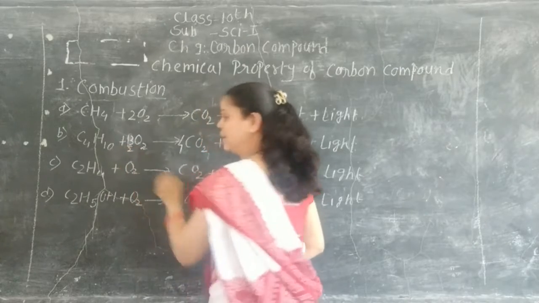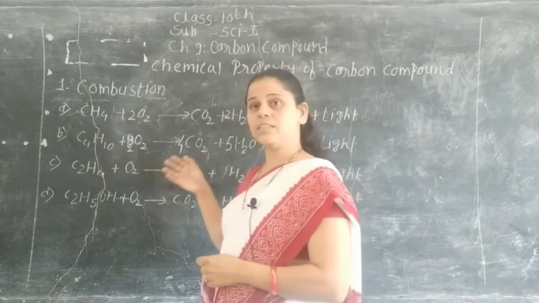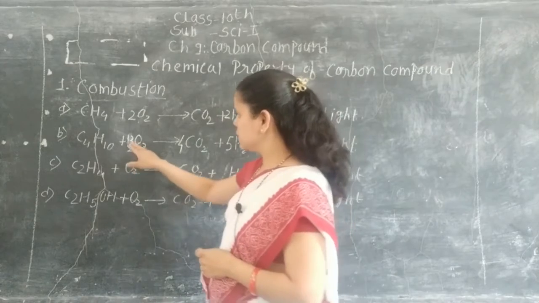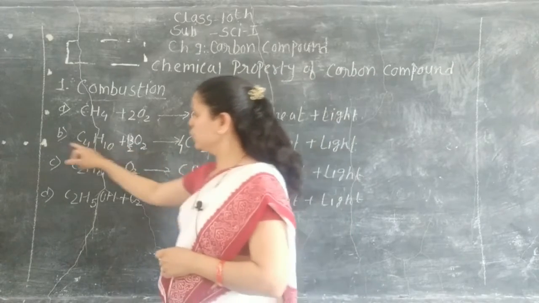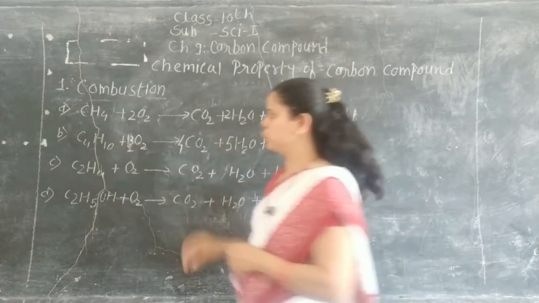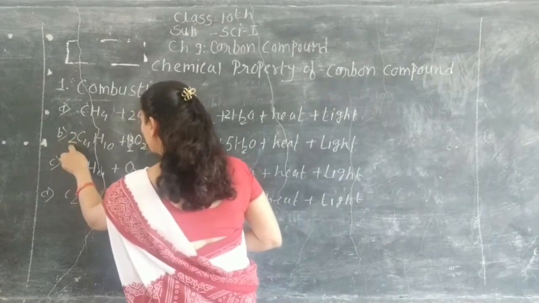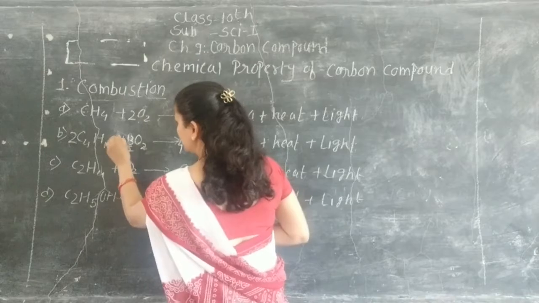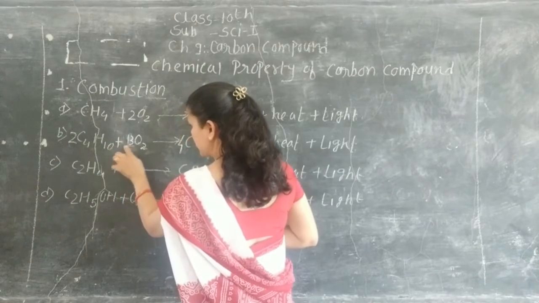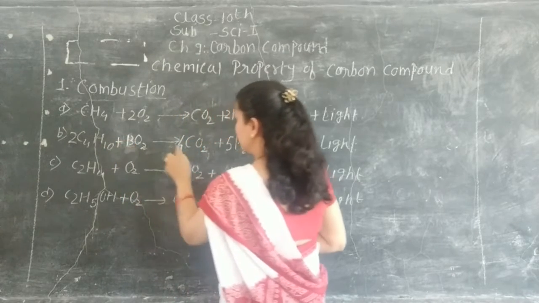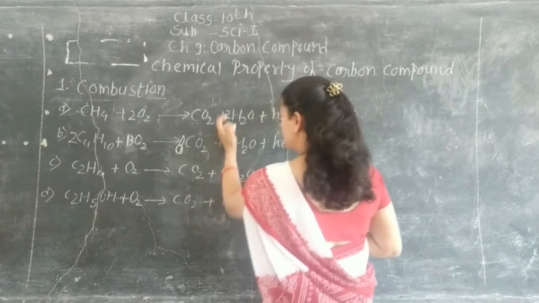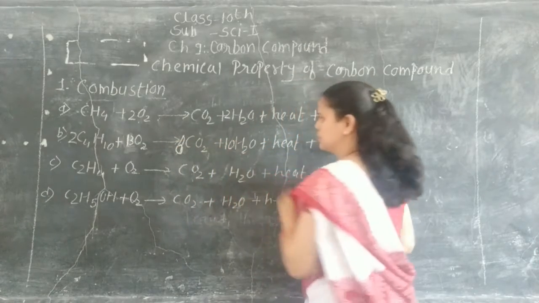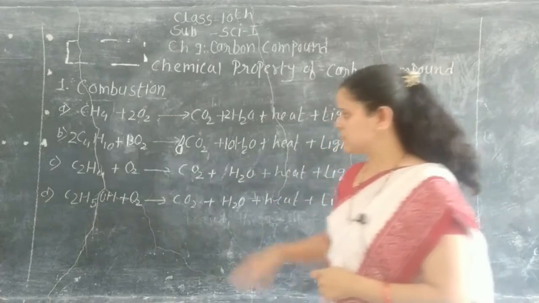So one trick to balance the equation fast: if we write down here 13 upon 2, then multiply the whole complete equation by 2. Then write here 2, then multiply 2, that means cancel this denominator. Then 2 4s are 8, 2 5s are 10. So this equation is balanced.